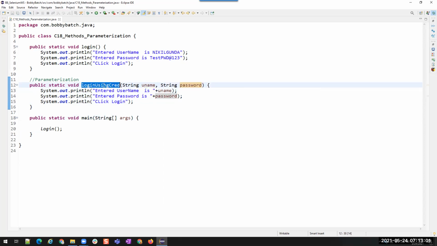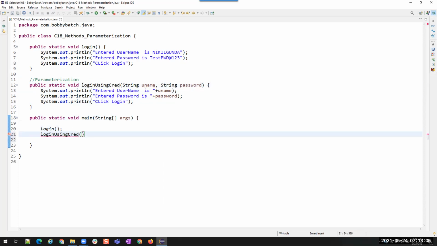Now let us call this method by passing the parameters. Here I want to pass some values, and say the password is just pwd@1.